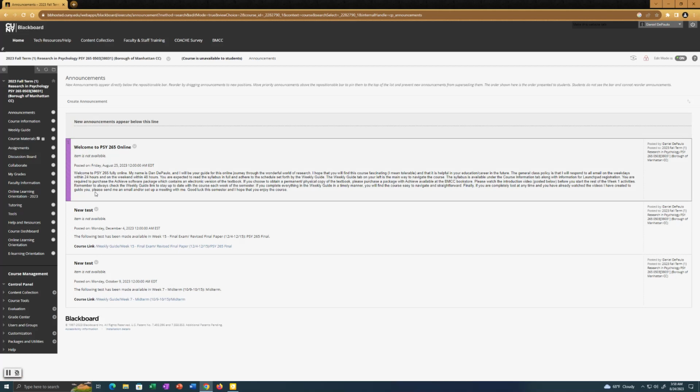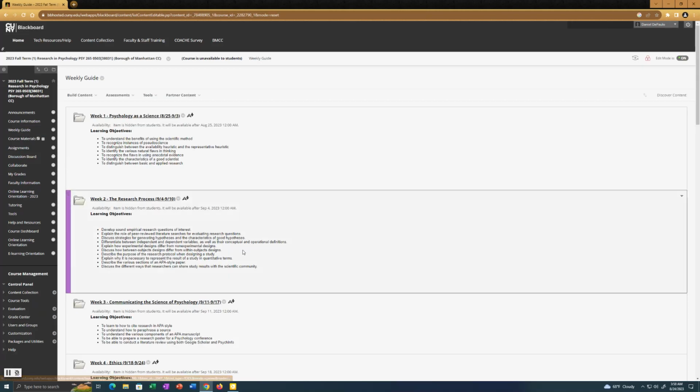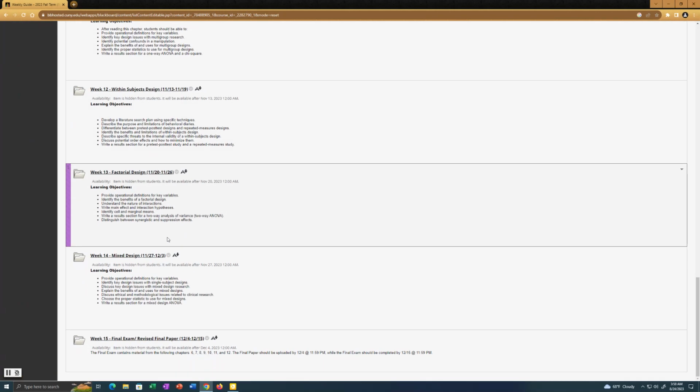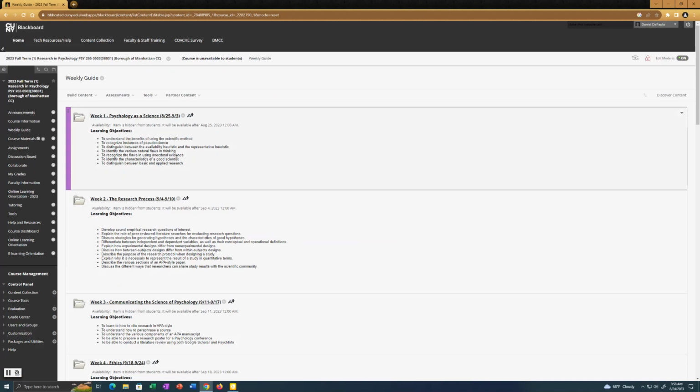So everything is laid out in the syllabus, and it's set forth through something called the weekly guide. The weekly guide tab is on the left of the screen here, and this is how you're going to navigate the course. So here's the weekly guide. If you click on it, you see all of these weeks of the semester laid out for you. You will only have access to the given week and the previous weeks. So week 1, you'll have access to week 1. Week 2 comes, you'll have access to week 2 and week 1.